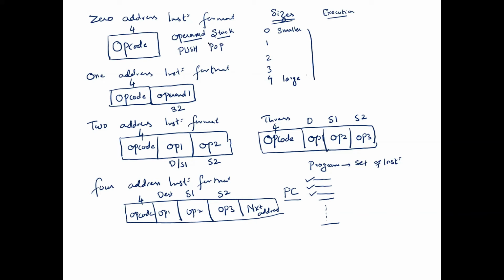Say for example, when I write an add instruction in zero address instruction format, there are no operands. I'm not going to specify any operands. So it will refer to what? To a stack memory. Now the values will be here something like 10 and 20. If I write in a zero address instruction format, it will first pop. Now what is pop? It will read the content from the stack pointer and hold it in a temporary register, right? So the first value will be popped and put into temporary register 1.